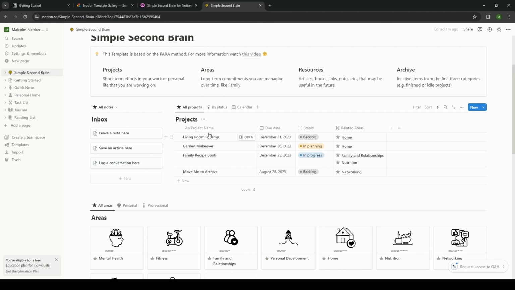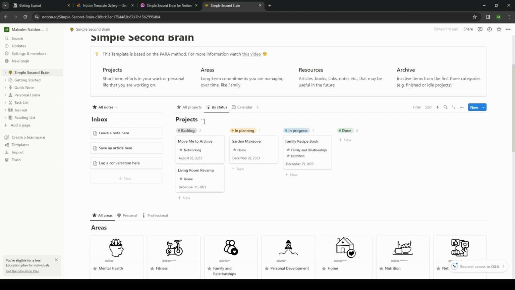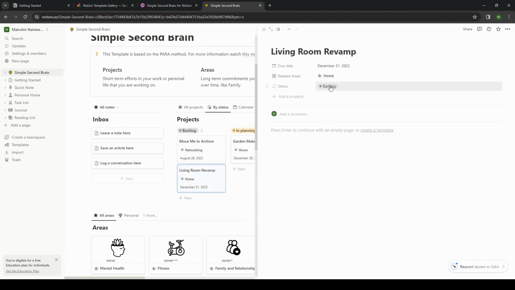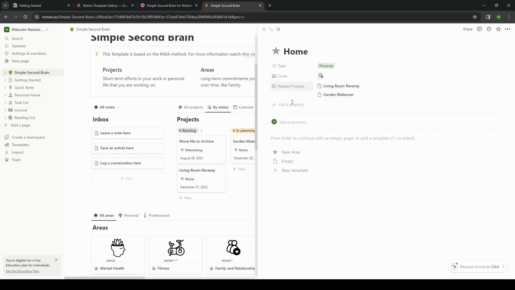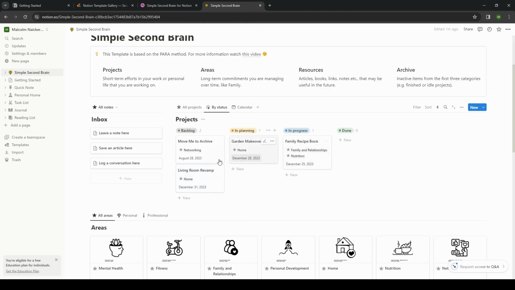And then over here is a little projects area where it's going to be listing all this. One thing I really like about Notion is it's versatile across different platforms. I like to look at it by status so you can see all the process. So backlog, you know how that works. If you click into here you can see the status is over here, the related areas, which we'll get to, which is all this stuff, and obviously they all have